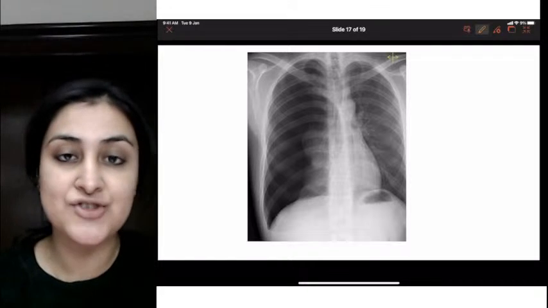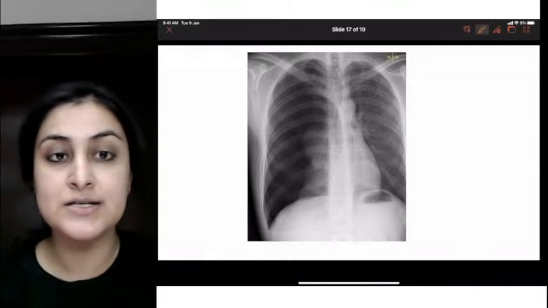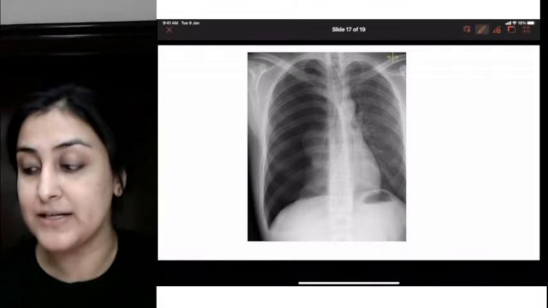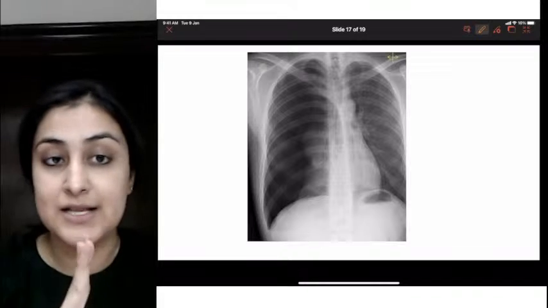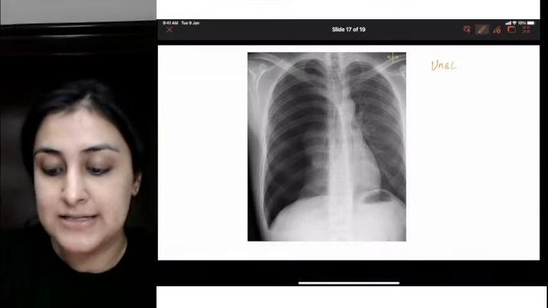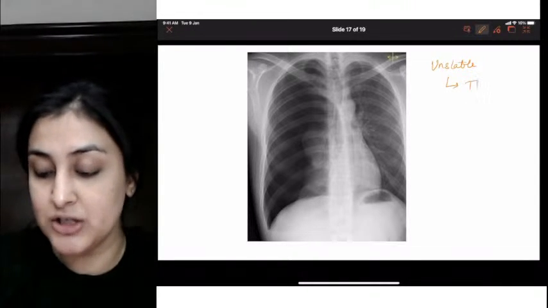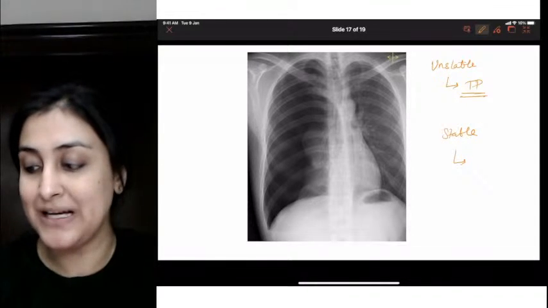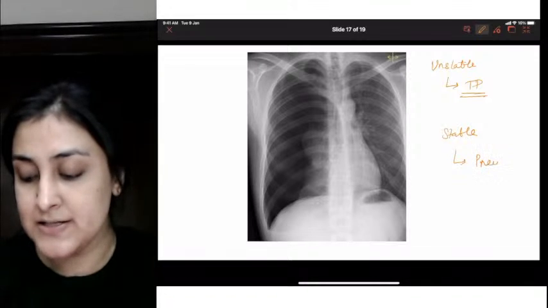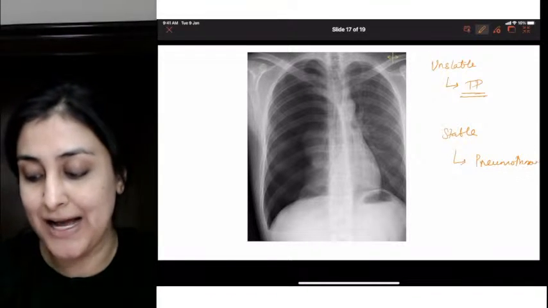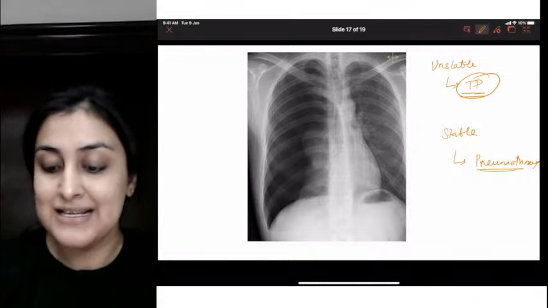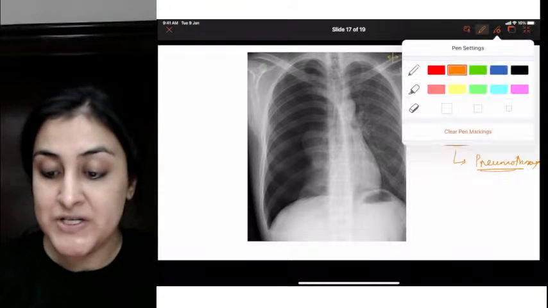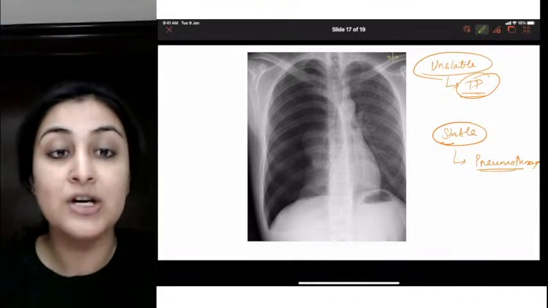Okay, next image. What do we have here? Again, shortness of breath, history of trauma, unstable vitals. What is the diagnosis? Remember, when I say unstable vitals and when I say stable vitals, I will give you two different answers. When I say that the patient is unstable, you will tell me, ma'am, this is tension pneumothorax. But when I tell you that the patient is stable, he has just mild chest pain and some dyspnea, you will tell me it is pneumothorax. It is not tension pneumothorax. So what is tension pneumothorax? It's a clinical diagnosis. It's not an X-ray diagnosis. Understood, everybody?